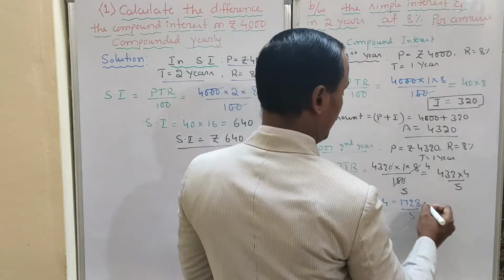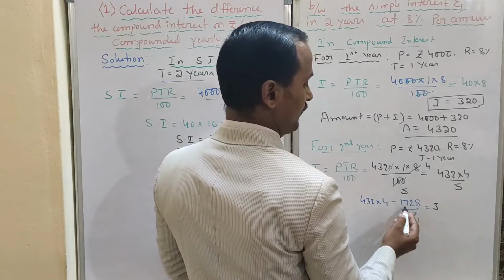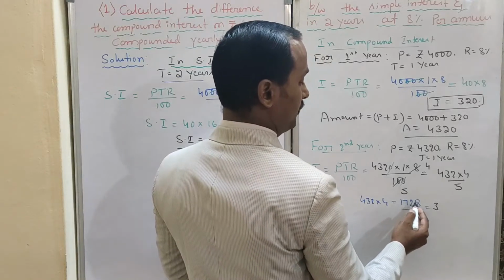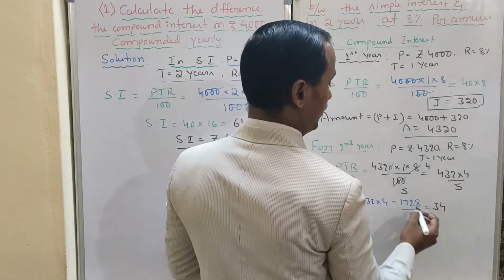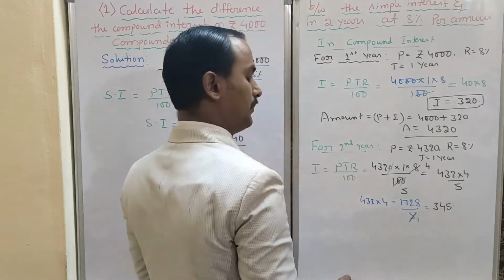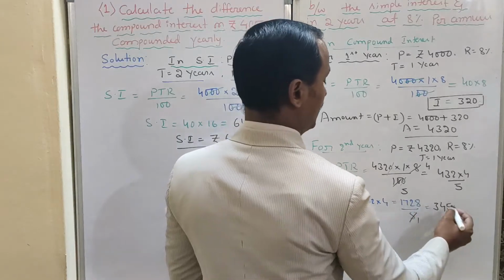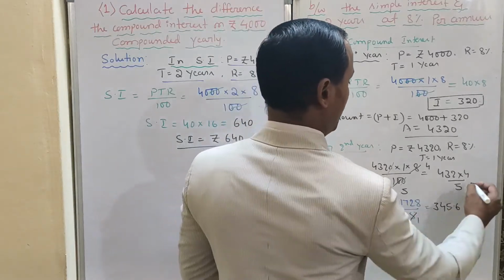You do here. 5 3s are 15. Then 2 carry 22. 5 4s are 20. Then 2 carry 28. 5 5s are 25. Decimal point. Remaining 3, we got it. Then 3 and 0, 30. 5 6s are 30. Means we got it here.